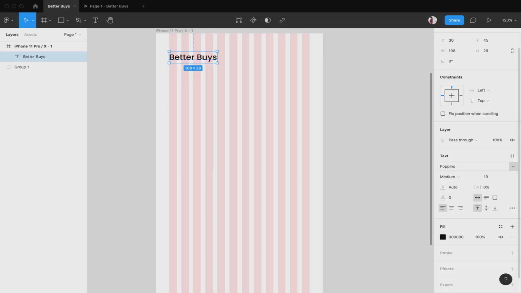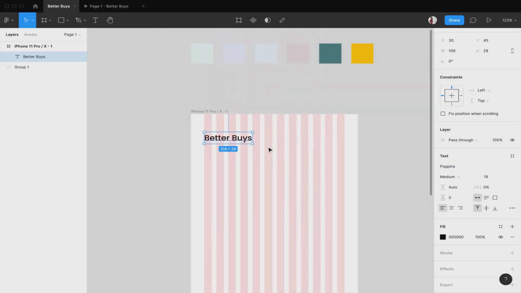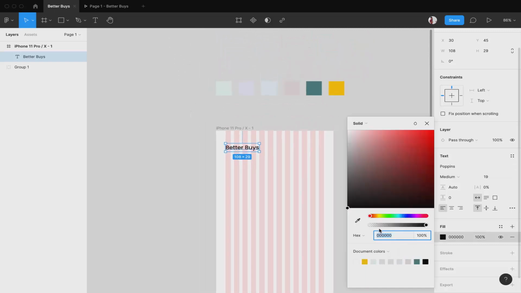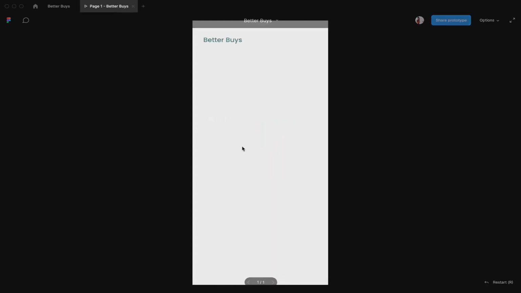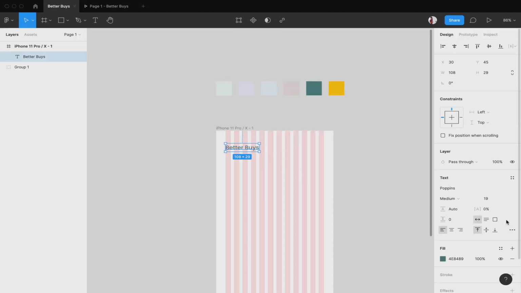Let's see, I don't know which one is better. Okay, so this seems decent. Let it be like this for now. I'll change its color. So the Better Buys is over here. Maybe I'll make it a little bit bigger. So 21 or 22, 23.